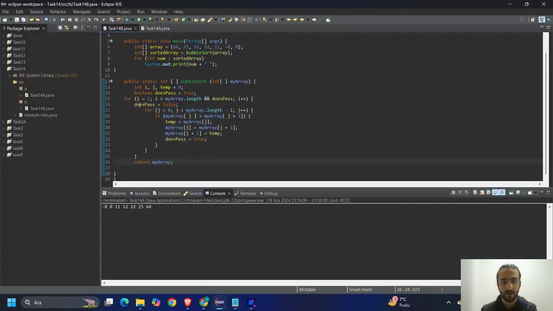So in the innermost part we have such a for loop. Our condition is my array length minus i, because